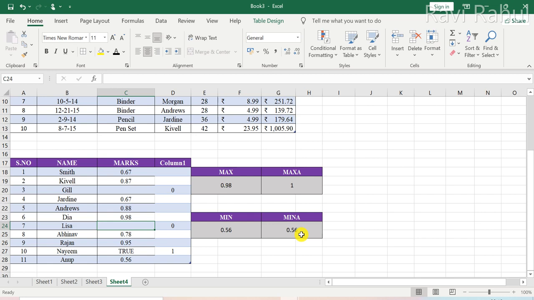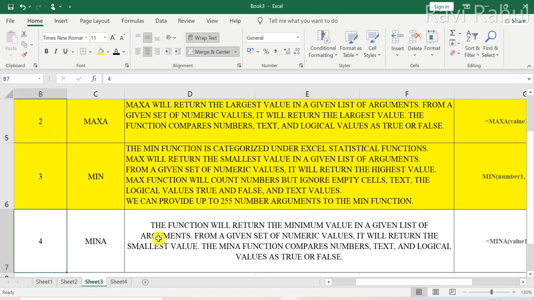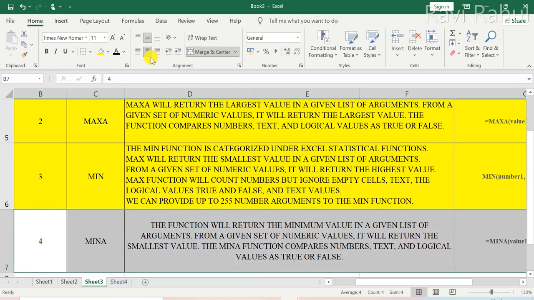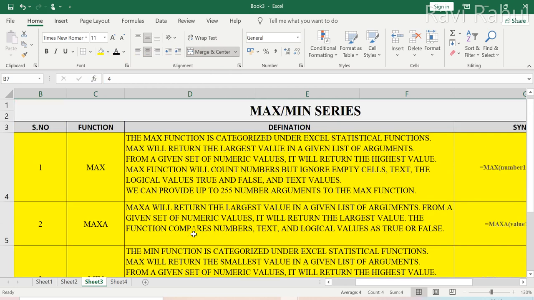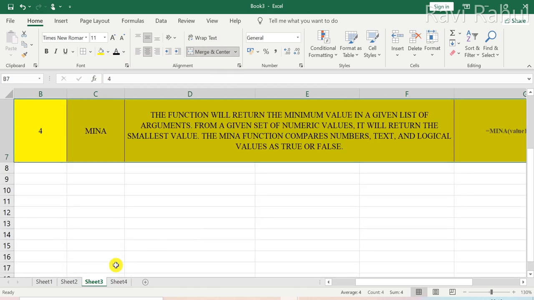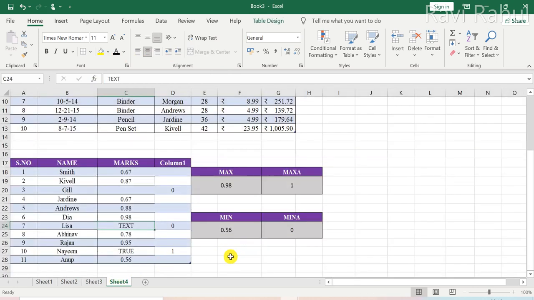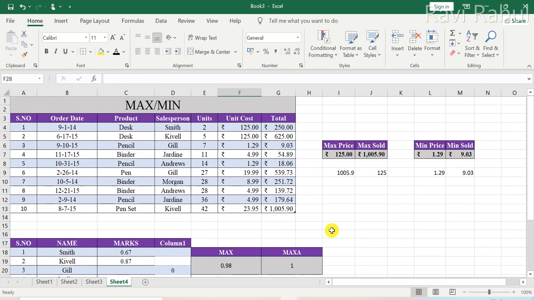If you insert any kind of text, it will again display 0 because text is also treated as a 0 value. That's all for the MAX and MIN statistical functions. We have done with these four, and I hope you all understood what I was trying to explain here.